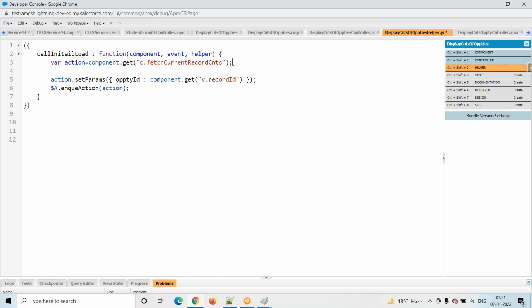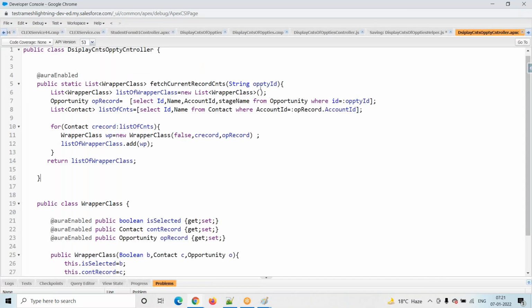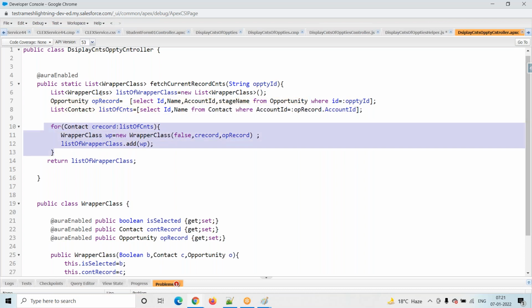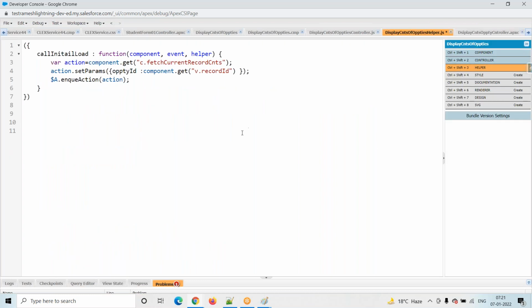Okay, we are calling the controller method. For this controller method we are setting the parameters here, right? Now we are telling this method, boss, you have to execute. I'm providing each and everything. Now you have to start your execution. The method will start the execution. Go to here. Yes, it is taking this id. Based on this id, it will fetch the current opportunity record, then the contact records, then prepare a wrapper list. Finally it will give the list. So this method is saying, boss, yes, my execution is completed. I will give the result. You have to take that result.